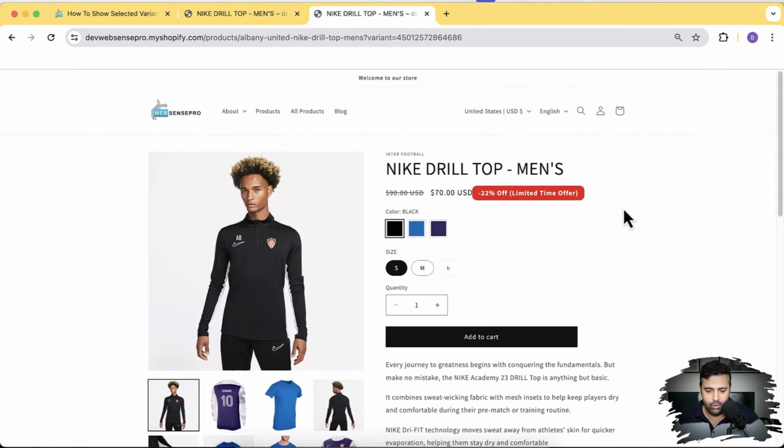By default, Dawn theme displays all of the variant images in the thumbnails of the product. Let me show you how it looks on the default Dawn theme. And it's not just about the Dawn theme, it's about Fresh theme, Sense theme. All of the 14.0.0 themes have this issue, which you will be fixing after implementing and watching this video. So make sure to watch the complete video. And that's the default behavior.